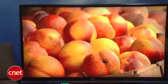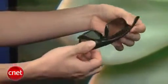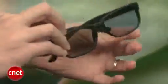LG went ahead and slapped as many features as possible into its flagship television. There's this passive 3D technology. The cool part about that is that it comes with 4 pairs of 3D glasses, and the glasses themselves are really inexpensive compared to the 3D found on most 3D TVs in this price range. We'll get to how 3D performs in a little bit, but another big feature on this set is its internet